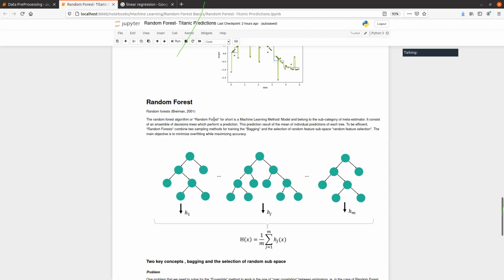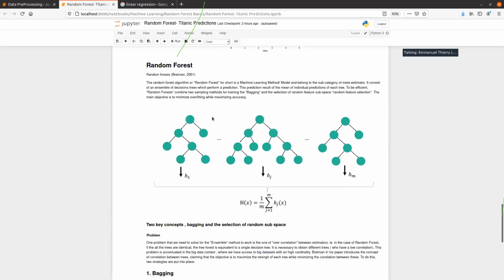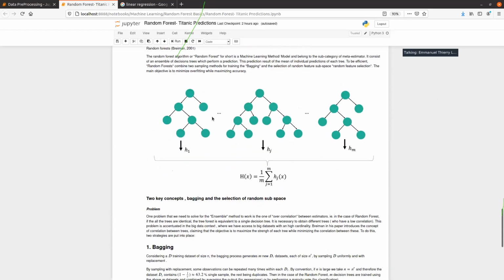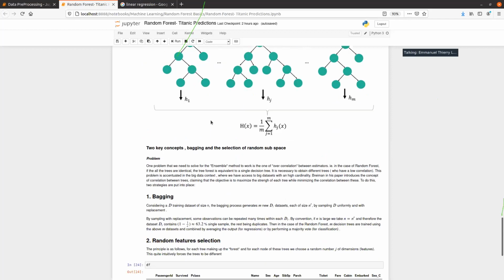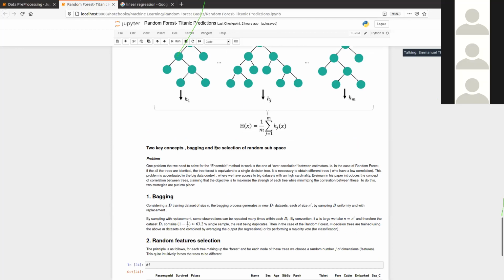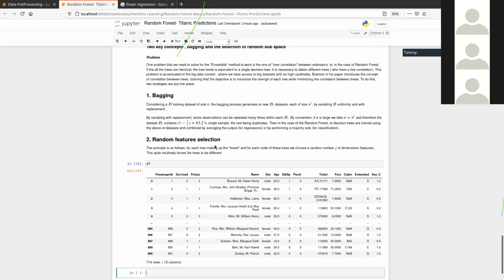And maybe in another course, we can go deep down into random forests, and we can also go deep down into decision trees to see exactly how they work. But that would take a lot longer. I hope that you still understood a little bit what I was talking about.